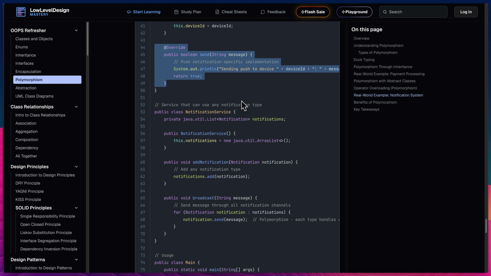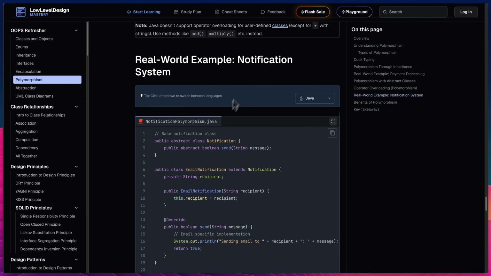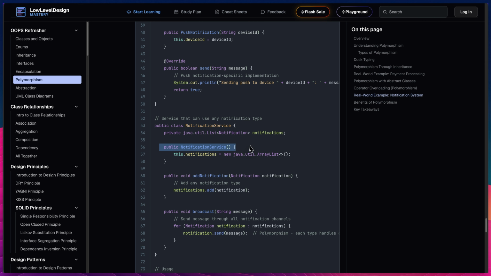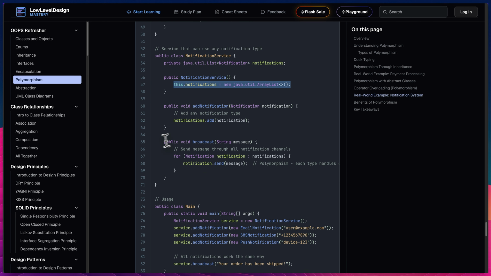And now in the NotificationService, if you see, there is a list of notifications, that is this abstract class that we defined earlier. So a list of type Notification. this.notifications is equal to a new list, so this creates a new list, and then whenever you call addNotification, it will take an object of type Notification and add it to this list that we defined earlier. Now when you call broadcast, for all the notifications present in this list,